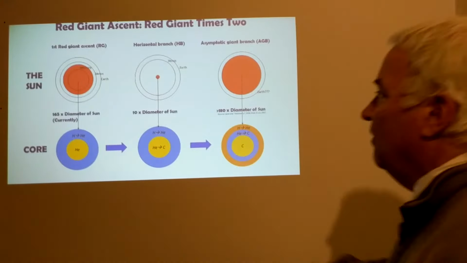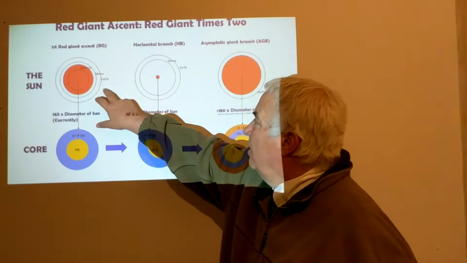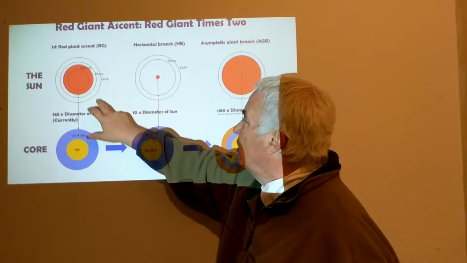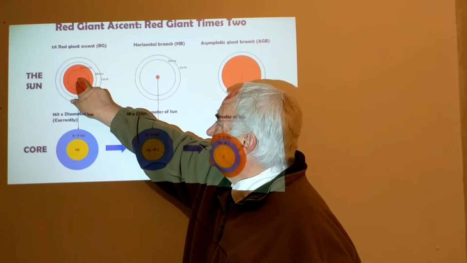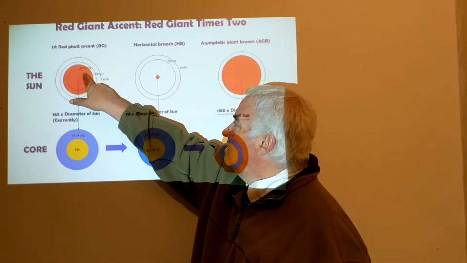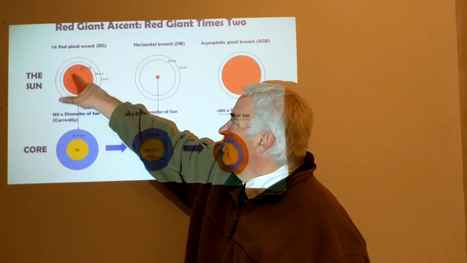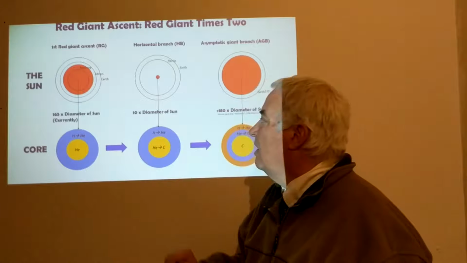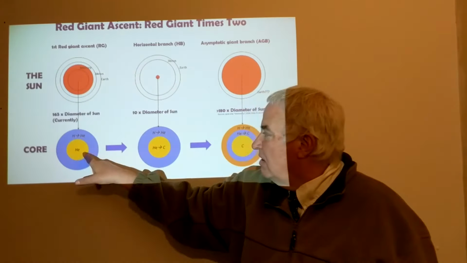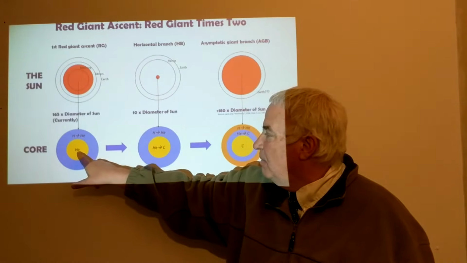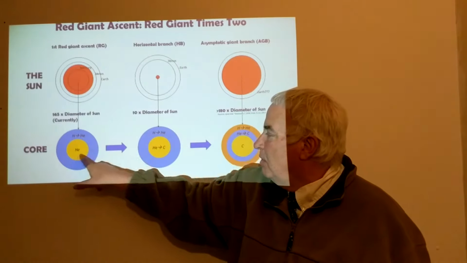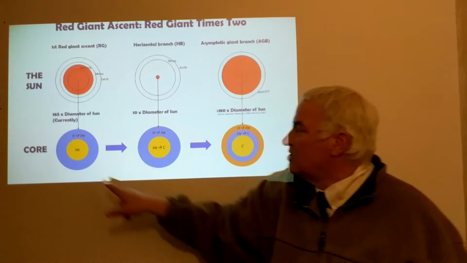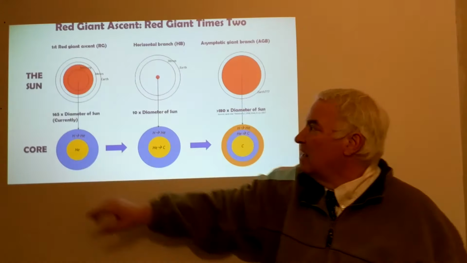We saw that in the red giant branch, here is a diagram of the first ascent of the red giant branch, and the star expands so much that it engulfs Mercury. It will engulf Mercury and nearly Venus's orbit, but not the Earth. Deep in the core, there's pure helium, with hydrogen being converted into helium in the shell surrounding the core. This is the red giant star.